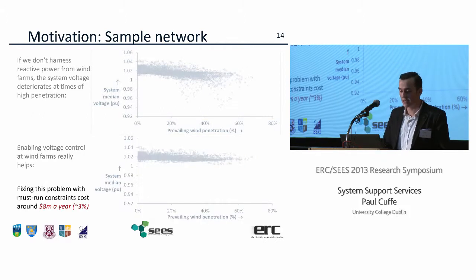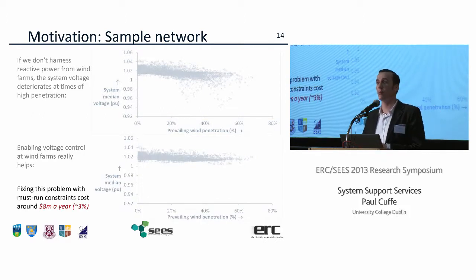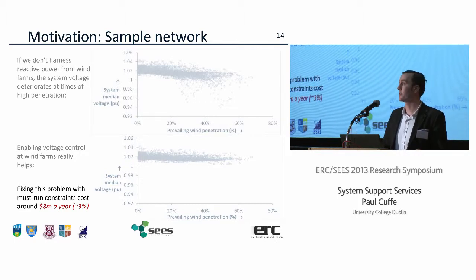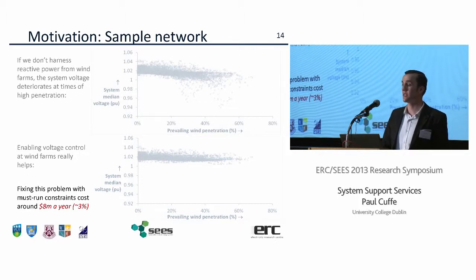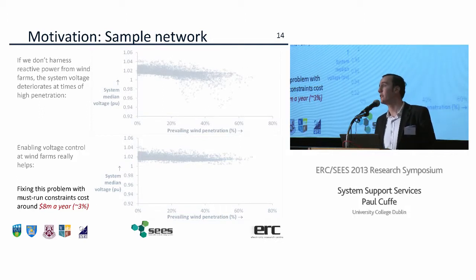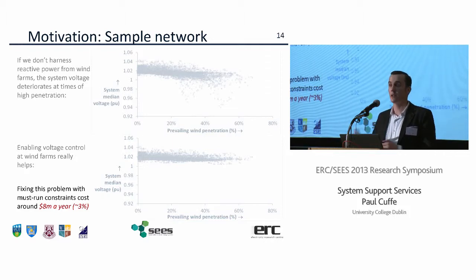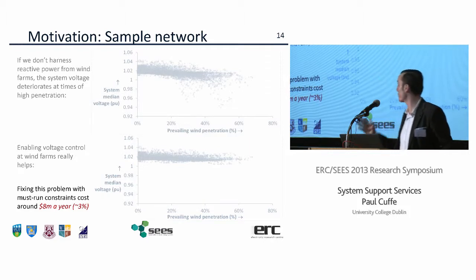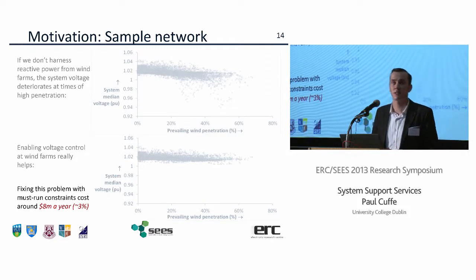Now, the interesting bit is that if you instead decided to fix that problem using your conventional generation, so to impose operational constraints, so you'd have regional constraints that you'd say to fix those voltage problems, we'll make sure we have a conventional plant in the right place at the right time to provide that reactive power. That distortion that puts on your commitment schedule added 8 million in this test year, so 3% extra on your operational cost. Now, it was a fairly crude metric, so I'm not saying 3% is the figure, but it does